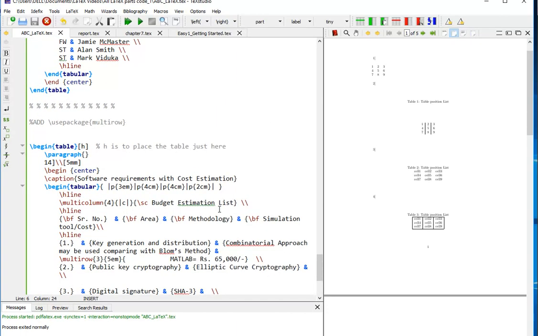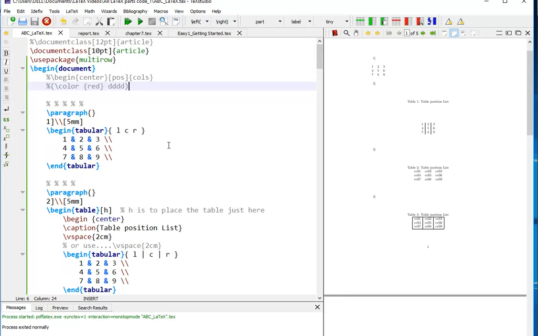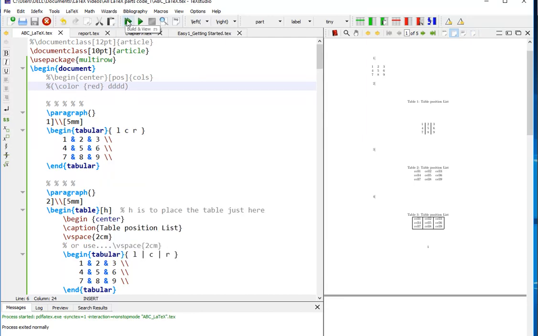So let me increase the size for you to see. For your understanding, we start with the document class of 10pt article. Here the use package is shown with multirow, because we will be having multiple examples. Let us see the commands. When we run these one by one, we will see the examples. If you see the first example,